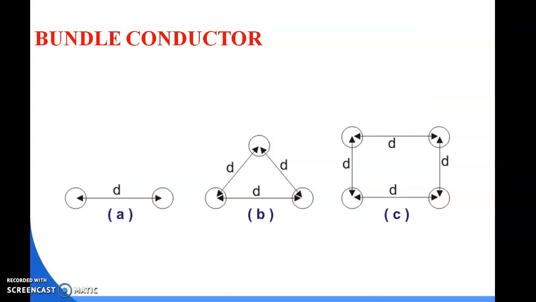So next, come to, yeah, see the diagram. This is a diameter D. 3 conductor configurations are there. First, A is 2 subconductors, here 3 subconductors, here 4 subconductors, C. With the spacing between them, that is distance D, denoted from one subconductor to another subconductor. Clear, all of you?